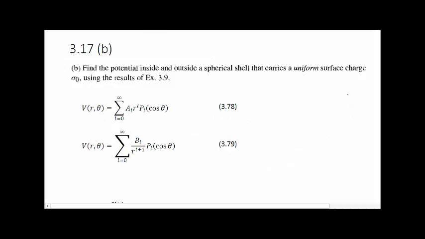Okay, now I'm going to start part B of the problem, which is pretty much the same song and dance, only this time the spherical shell has a uniform surface charge of sigma naught. And instead of using the results that we did earlier, we're going to break up our general solution into 2 separate equations, like they did in 3.9. And this allows us to set them equal to each other,